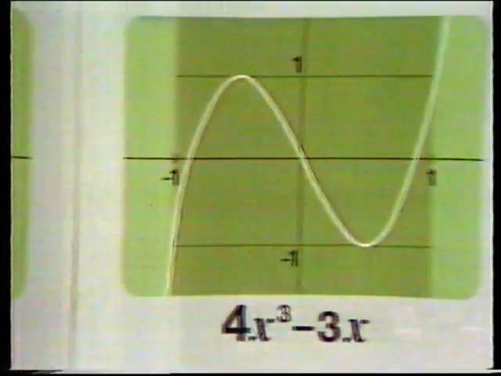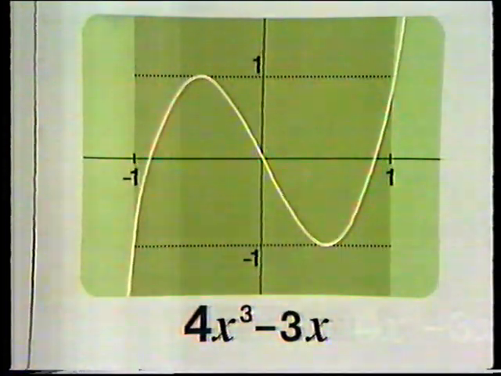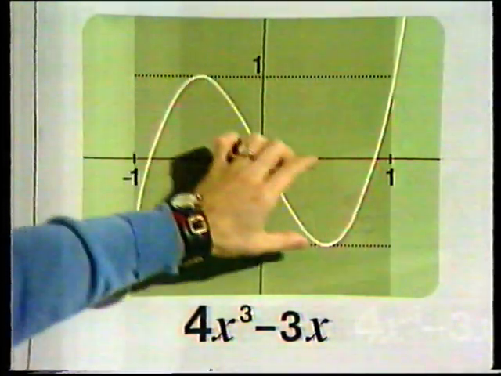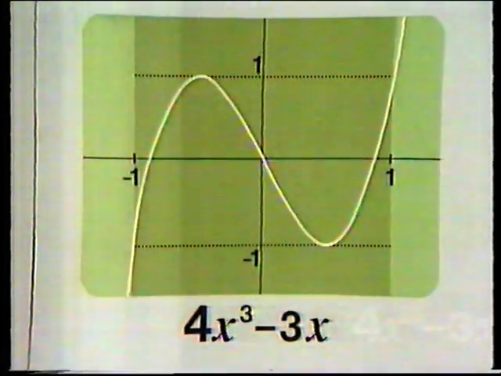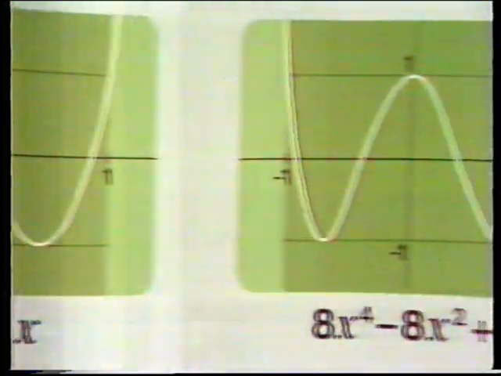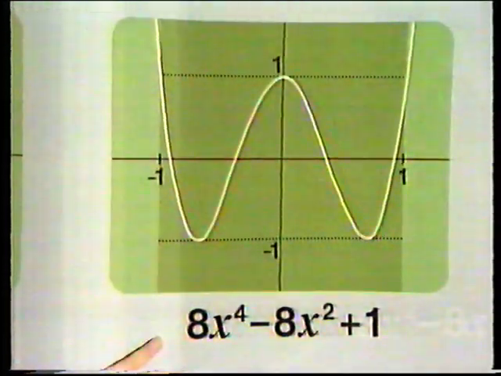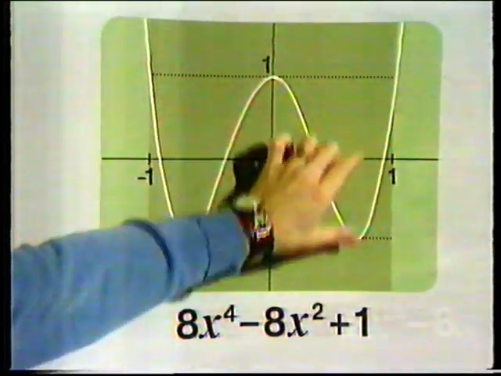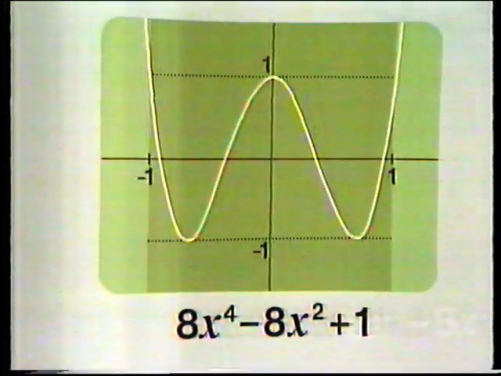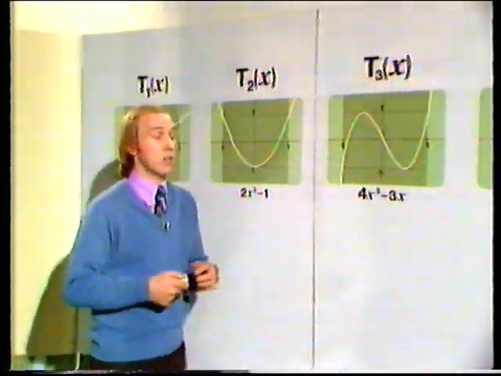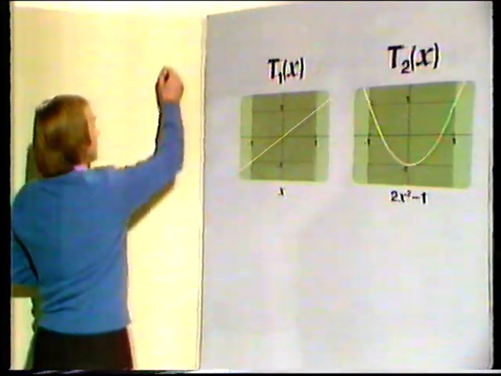The third example, T3, is a cubic. It's got 4 extrema of the same size, but with alternating signs. And it seems to me that that should be a Minimax error curve, if ever I saw one. The fourth example is a quartic, and it's got 5 alternating extrema of the same size. Now, the point of all this is that if I've got a function that I want to approximate, I can